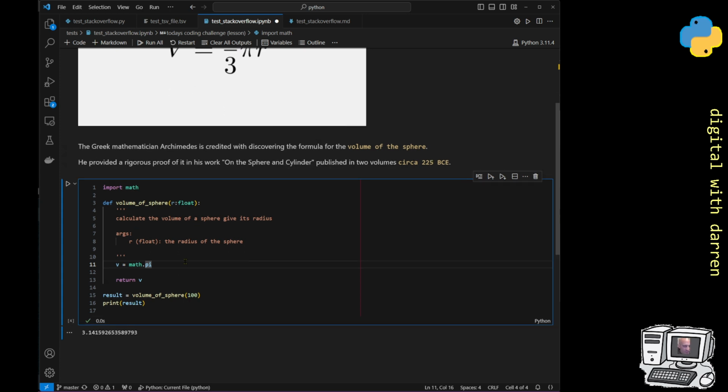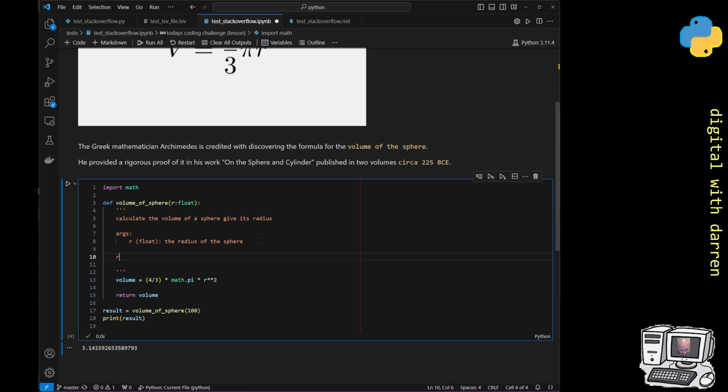So let's just amend that, which will be V, the volume, is equal to, and in fact we could be quite explicit with this, we could say that volume is equal to the 4/3 times the pi times the radius, and then we are going to square the radius, so 4/3 pi r cubed. And that's basically all that we need to do, and this bit here will now turn into volume, and we could say that we return